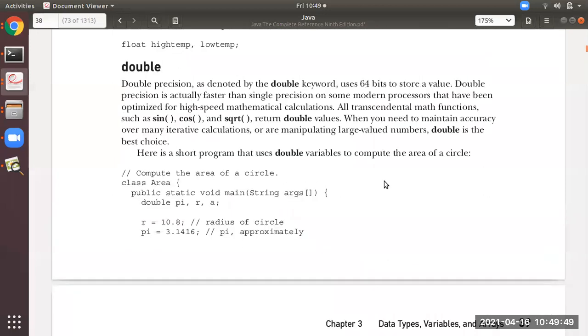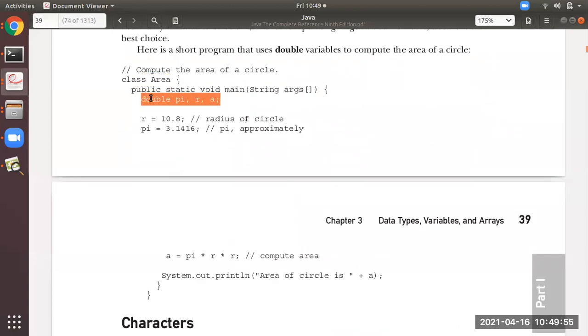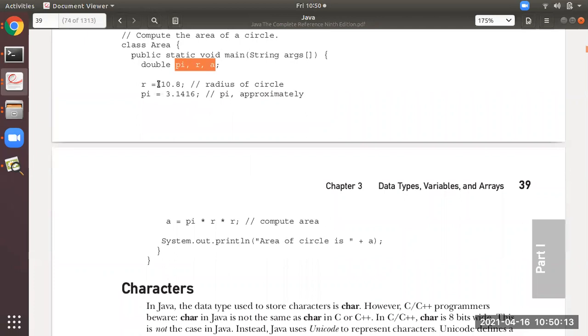This is one program you can see over here: calculate area. You can see there are three variables declared. Please try to remember, the point to concentrate on is the one I've highlighted. Double is the data type, and these are the three variables declared here: pi, r, and a. They are initialized here.